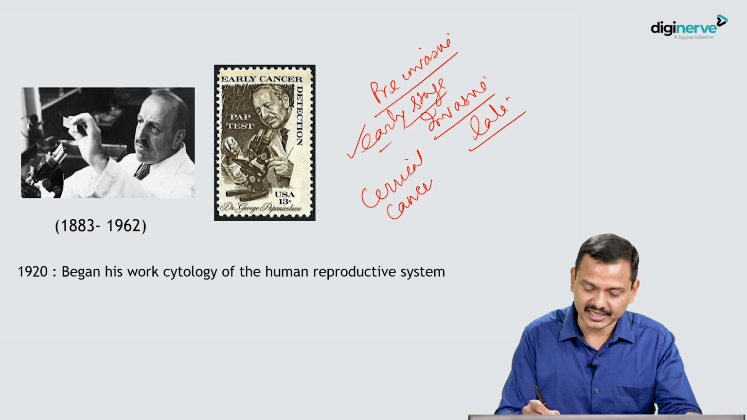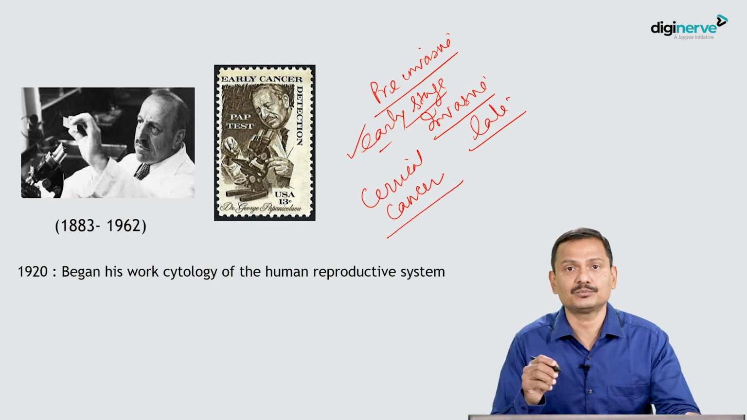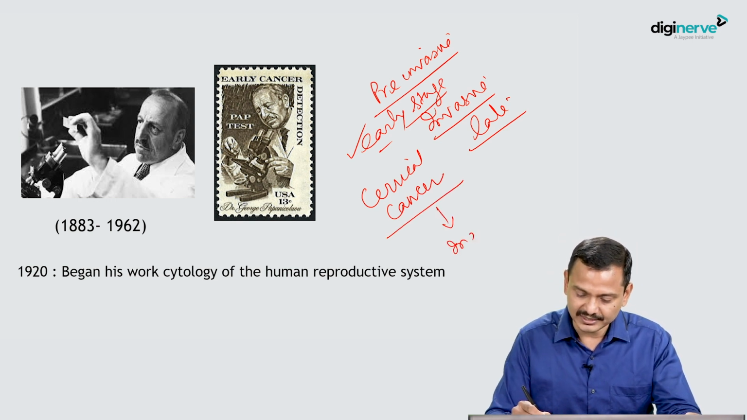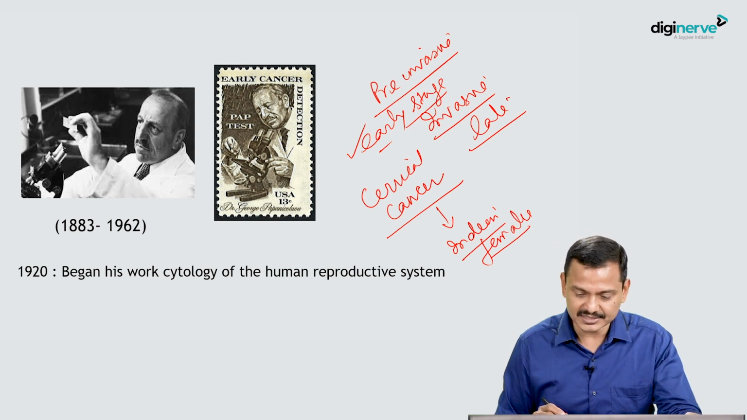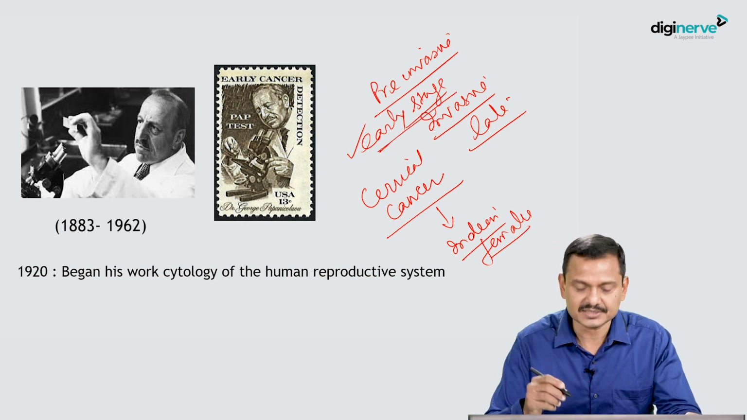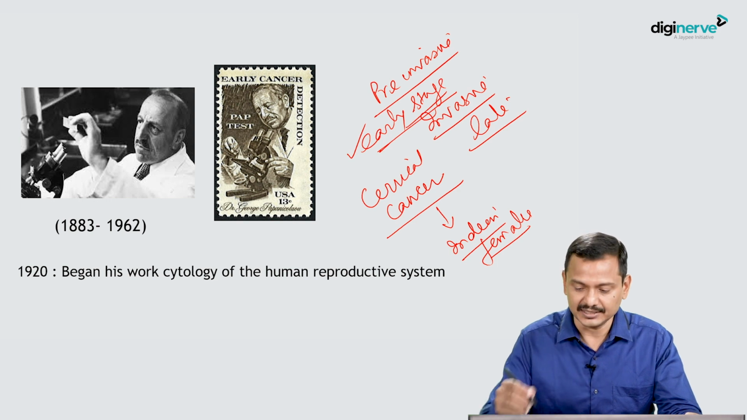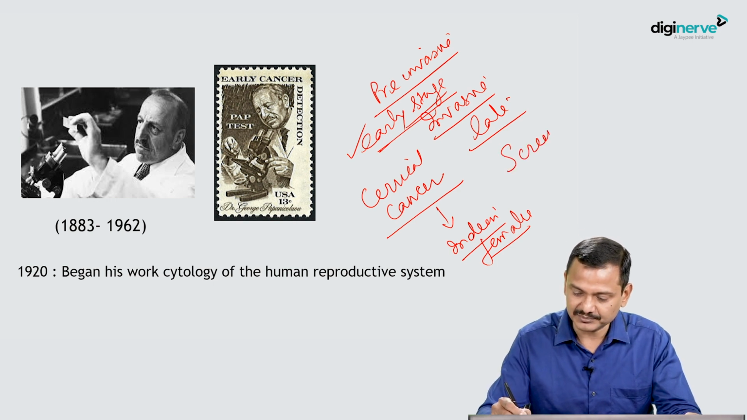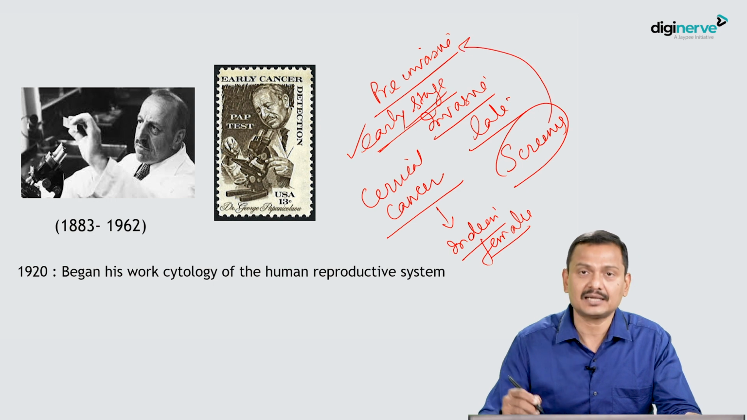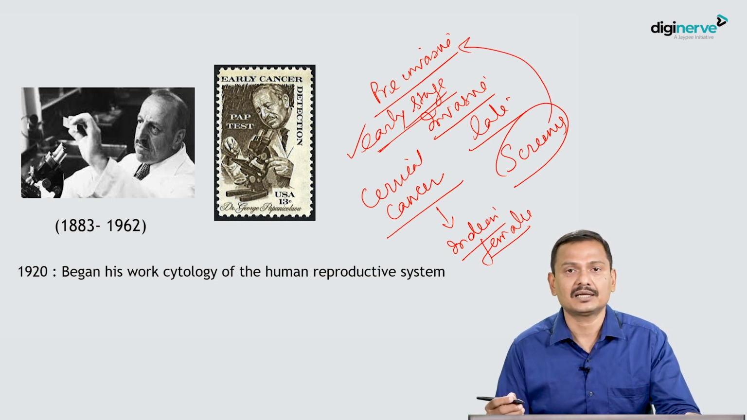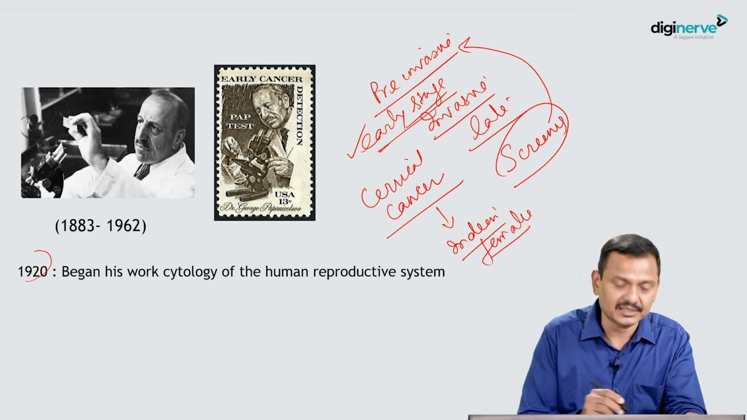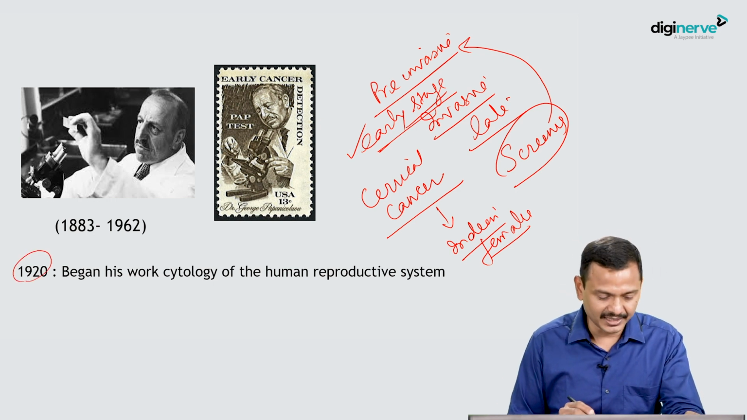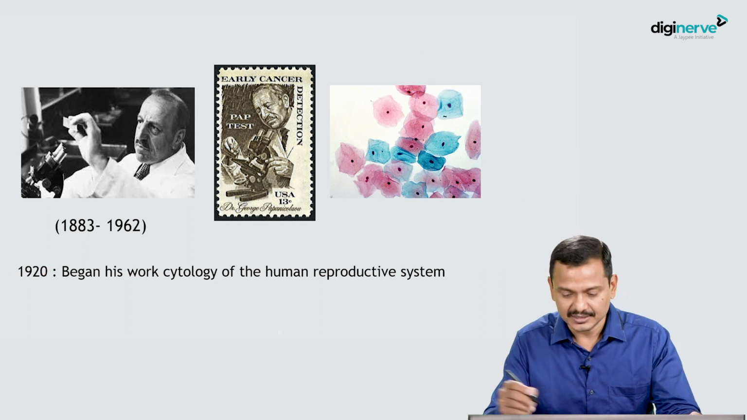Cervical cancer is one of the most common diseases in Indian females. Along with carcinoma breast, carcinoma cervix is a common disease, and he is the person who first started screening. Screening means early detection, and early detection means early cure, which is good for the patient. He began his work in 1920, and this is the smear,